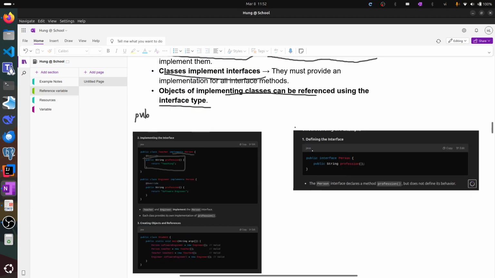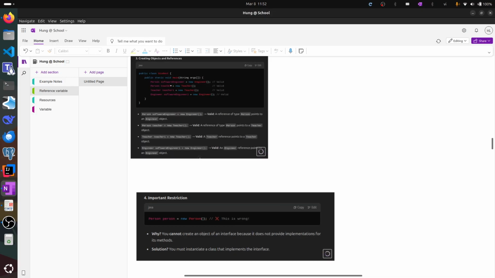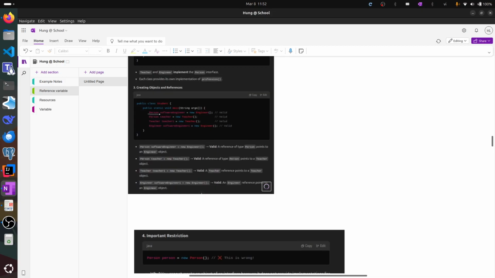What this means is that, for example, in the main, I create a person-type software engineer and I reference it to the engineer. Right, it is valid. And the teacher is referenced by the type person, it is valid. And a teacher holding an engineer is invalid, but the engineer and the software engineer is still valid, right? What it really is is that Java allows